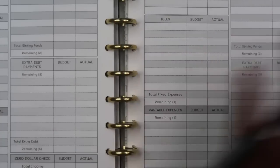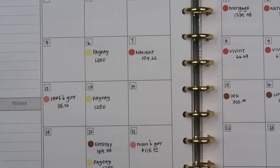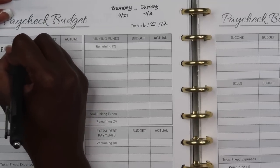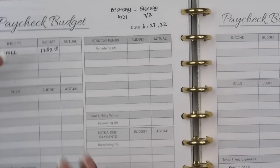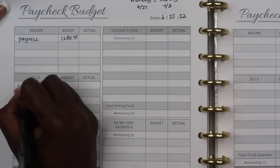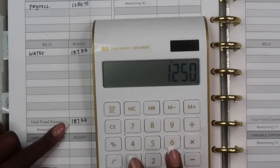And now the last one we're going to do, this is for the very last week, which is the 27th. And this one is actually through July 3rd. I'm going to add that here. And once again, this very last week, we don't have many bills this week. The only one I have is our water bill. So our water bill would be the $187.37. And that leaves a remainder of